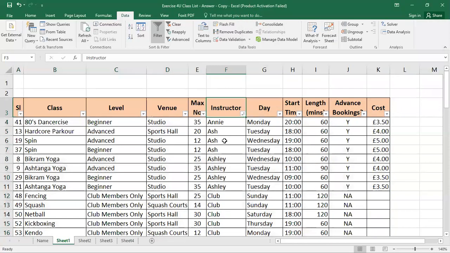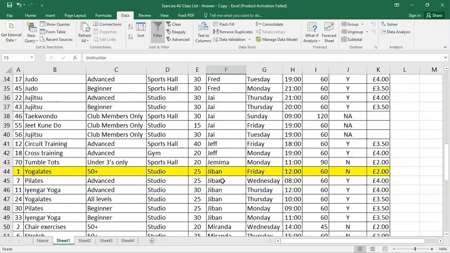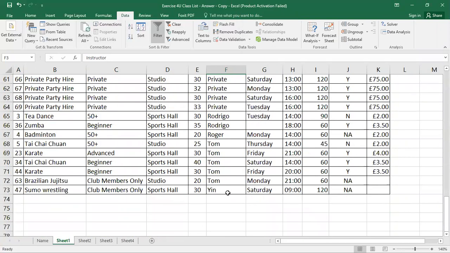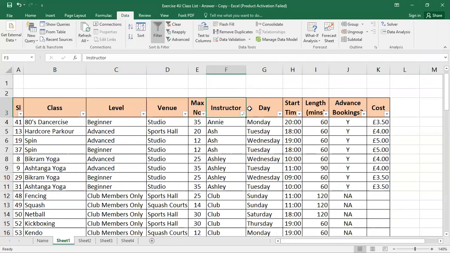This is the way this particular table is sorted as per the instructor. And we can implement these three sortings at one particular level also.